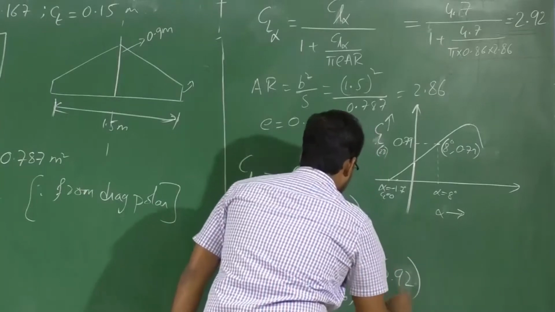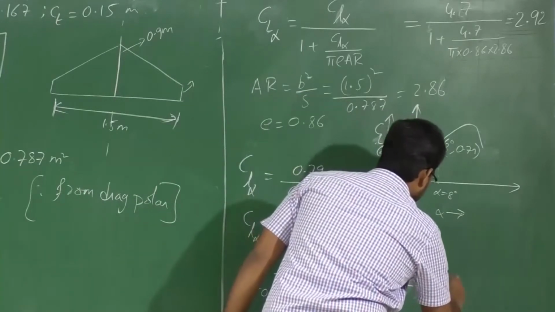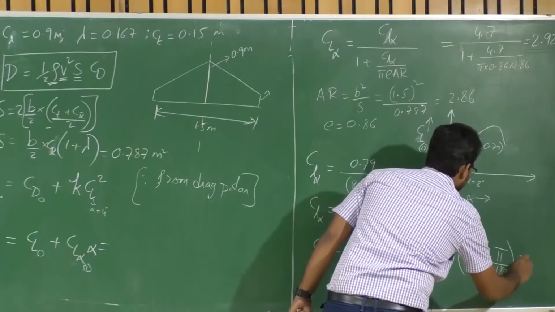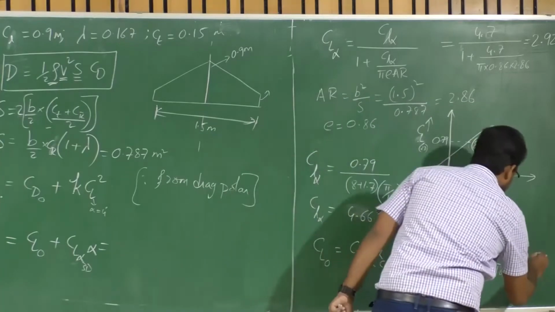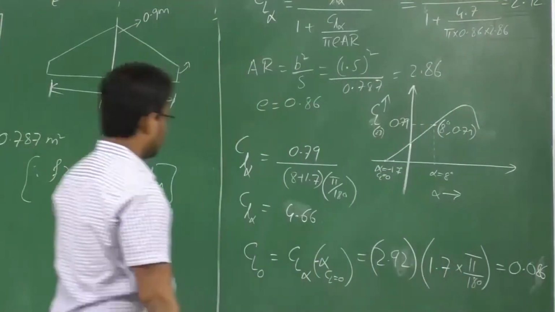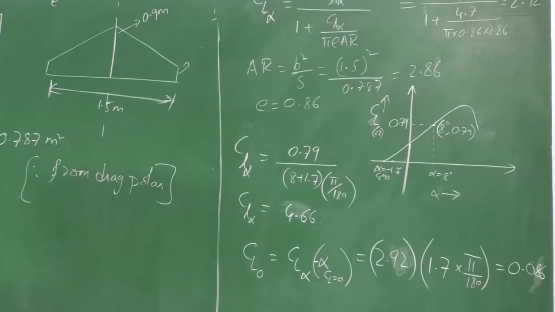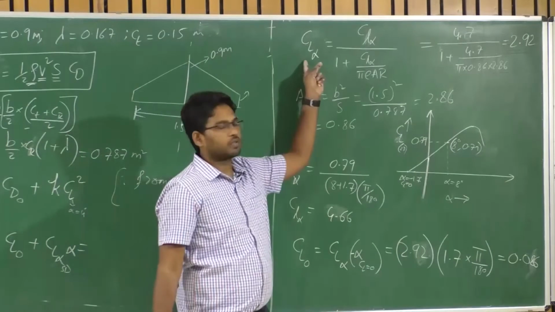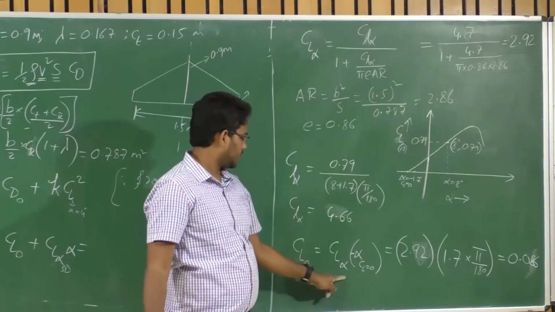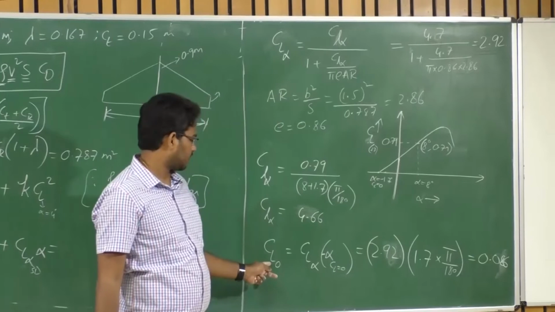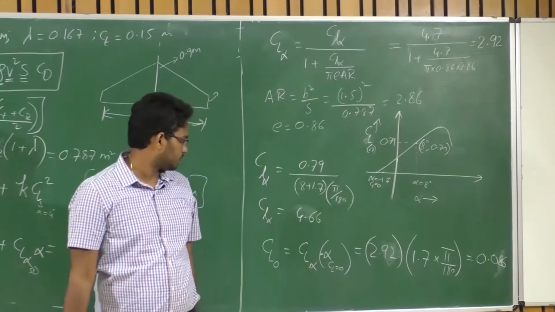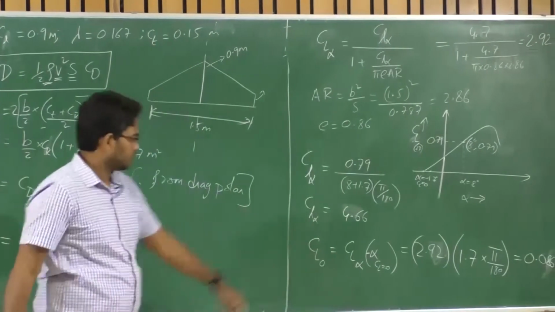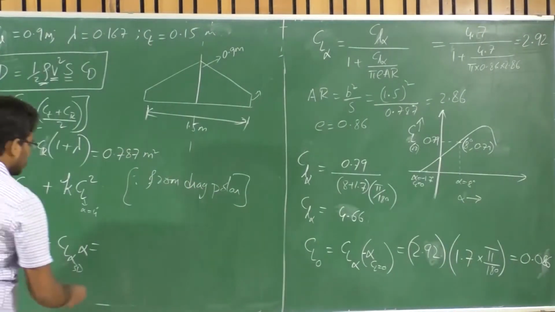2.92 multiplied by 1.7 multiplied by pi by 180. So this must be close to 0. So this is 0.086. CL naught is 0.086. I have CL alpha 2D, which I used to find CL alpha 3D. Using CL alpha 3D, I figured out the corresponding CL naught, right? As I know, alpha at which CL is 0 was given, isn't it? So I know what CL naught is here.